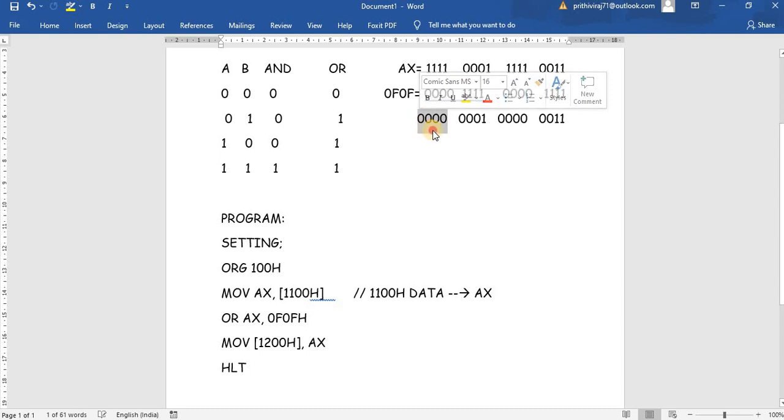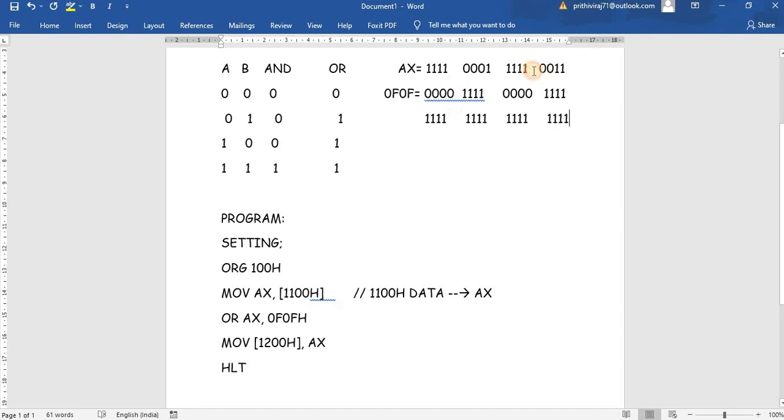Whatever is in the input, 0101, 1111, and then once again here, what is the output? 0101, 11, 1 here, and here 1, here also 1111.